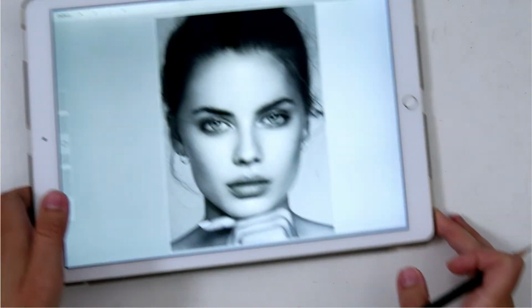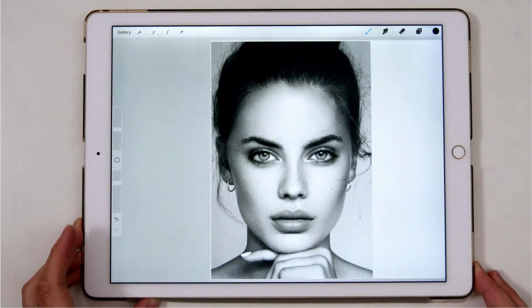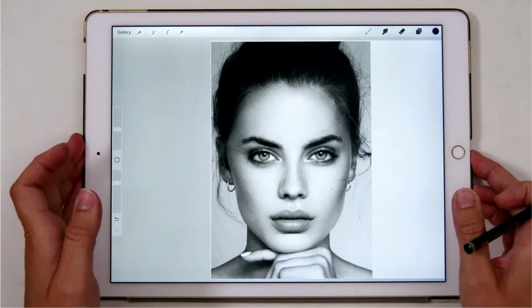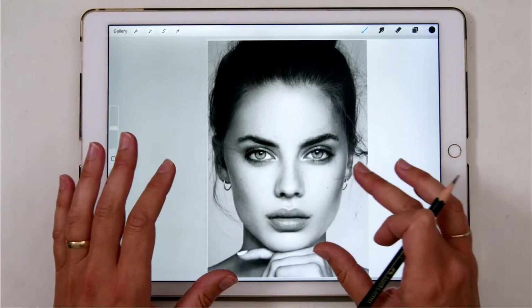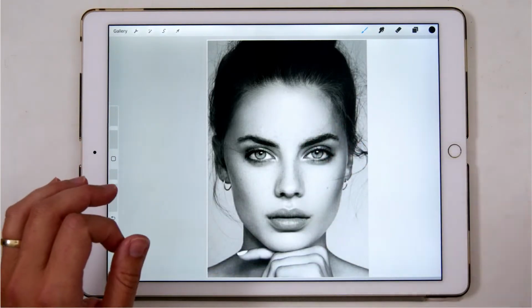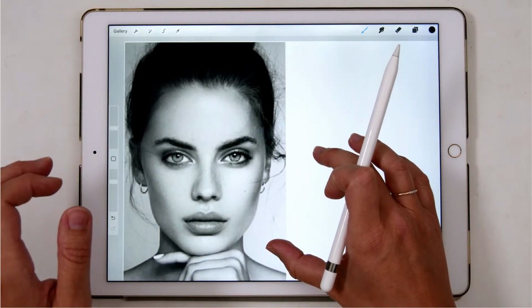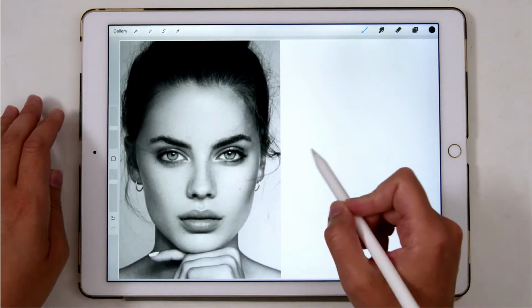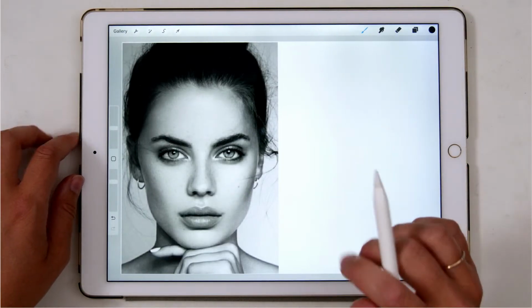But let me show you how I start drawing a portrait, like how I draw the sketch, how I get started. And yeah, you can practice drawing a portrait just like looking back and forth. But I think that it's really helpful to use